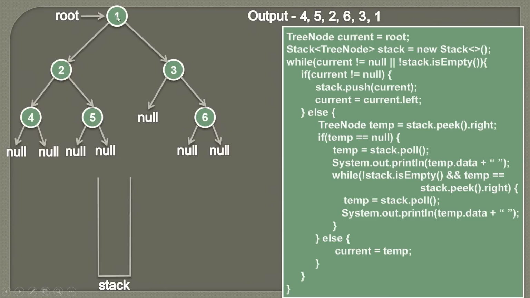Now we can't directly visit 1 because we need to traverse all the nodes of its right subtree. So we reached here. We saw that 3 didn't have any left part, so we can't visit 3 directly. We went to its right. We saw that 6's left and right both are null, so we simply visited 6. After we visited 6, which was on the right side, we safely visited 3. And 3 was also on the right side, so we safely visited 1. So this is the post order traversal of a binary tree.